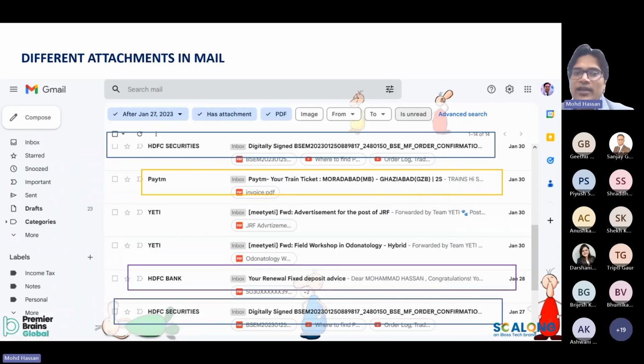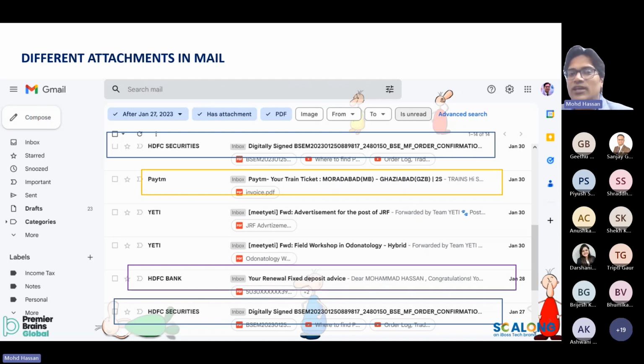These we can identify using different attributes. For example, we have highlighted the email in the first one, that is HDFC Securities. If any email comes from HDFC Securities with an attachment, that will be saved in a designated folder. Likewise, if any email comes with an attachment that has any ticket, any railway ticket, air ticket, then it will automatically get saved into my traveling folder.